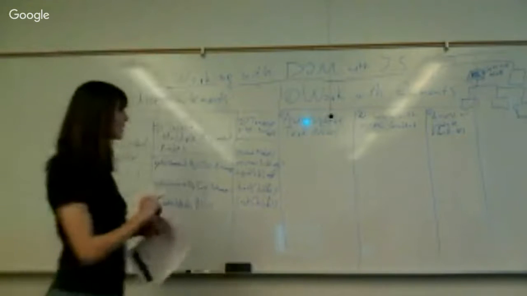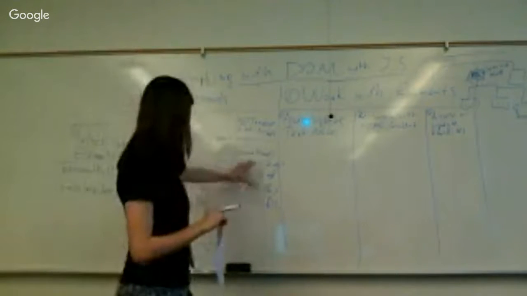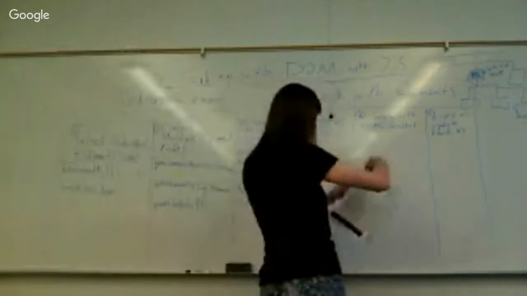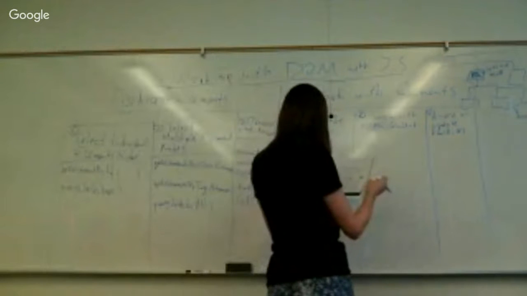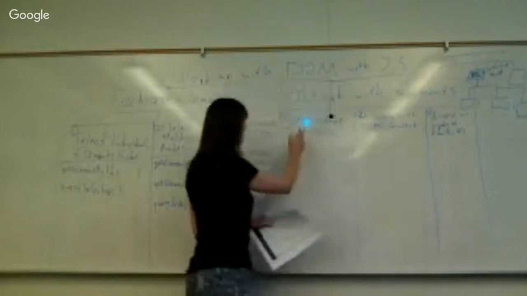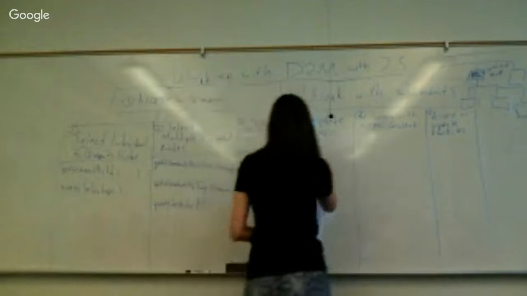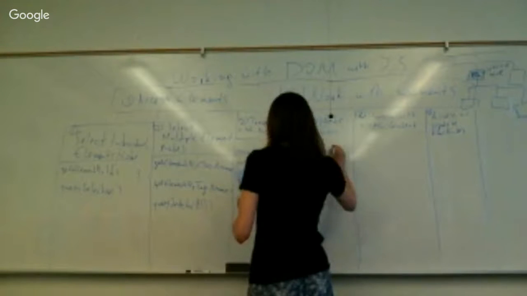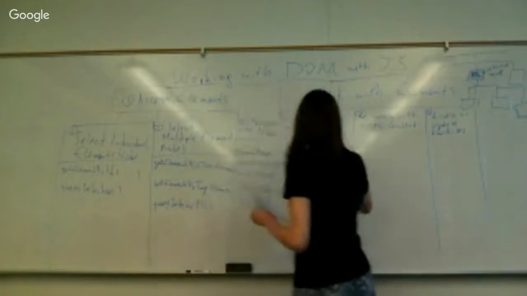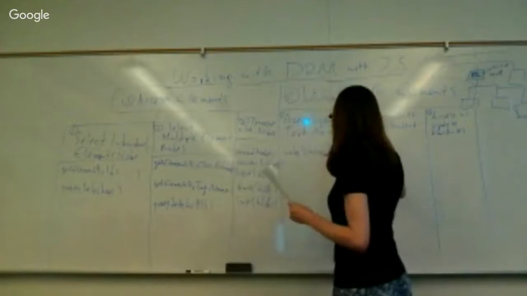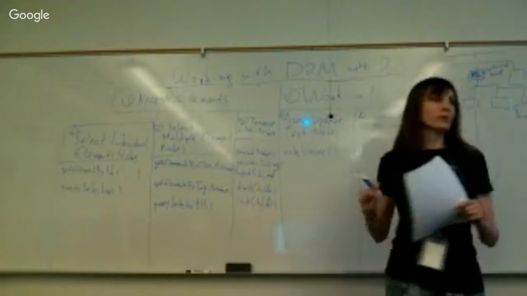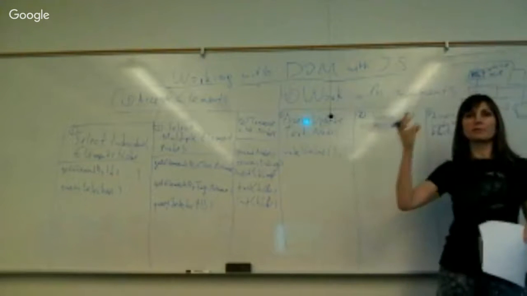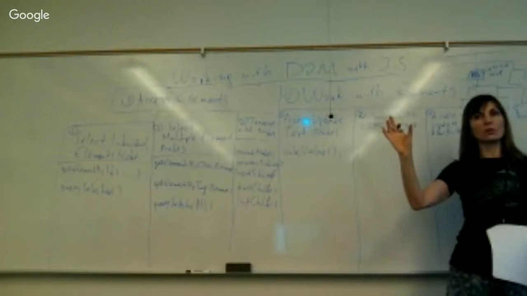Okay, and so then we have several traverse the node methods that are available for us as well. And then once we have that, for example, access or update the node values with a property called node value. And so this is important because when you get to a particular node, getting a reference to the node, you're actually still not getting the value. The difference between getting a reference to the node